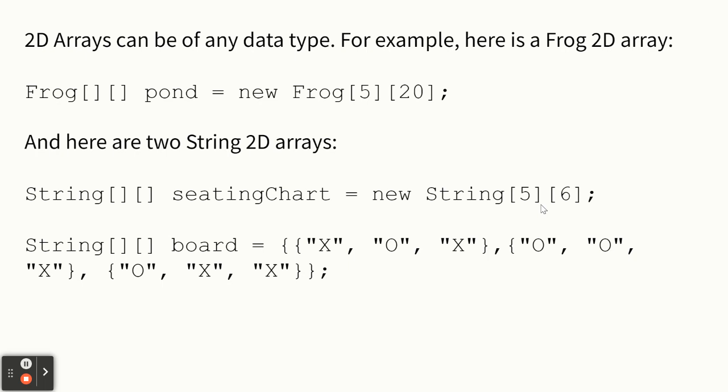0, 1, 2, 3, 4. That's 5 rows. 0 through 19. It's 20 columns. 5 times 20 is 100. Yeah, you can just multiply those numbers. That's how many there are. I didn't say what the index values were, but